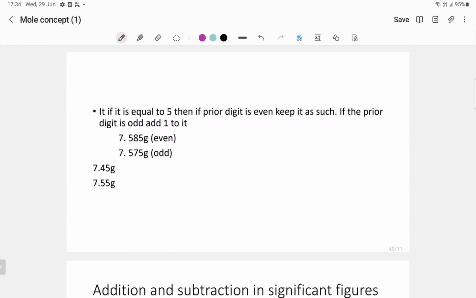Here it is 5. Okay. So 5 in this sense, you can see before this 5 there is 8, before this 5 there is 7. If your number is even in this sense, don't disturb it. Keep it as 7.58. If your number is odd in the sense, keep it as 7.5. See, this will become add 1, 7.58. Clear with this one? Okay. So here it is even, add 1. So it should be, why